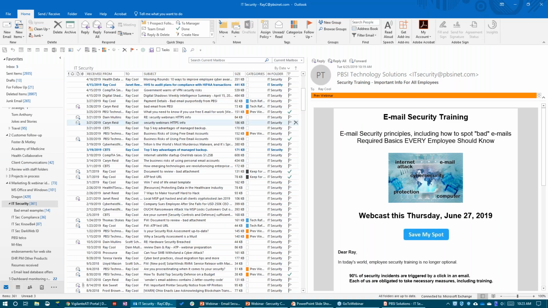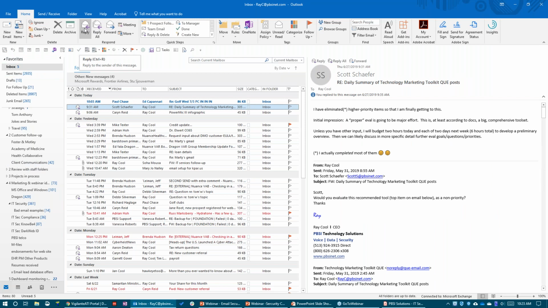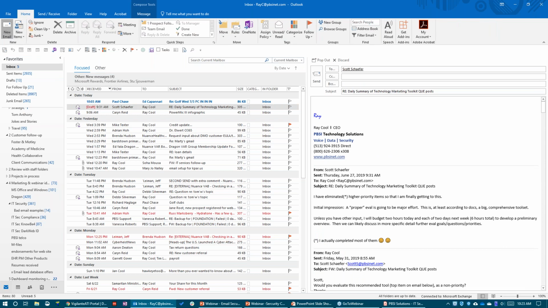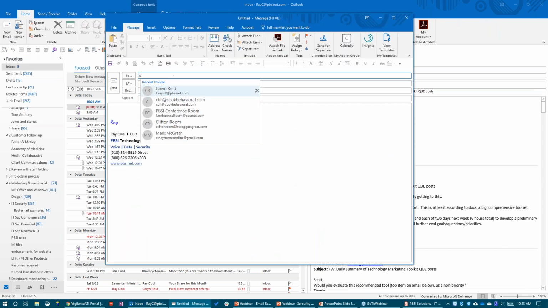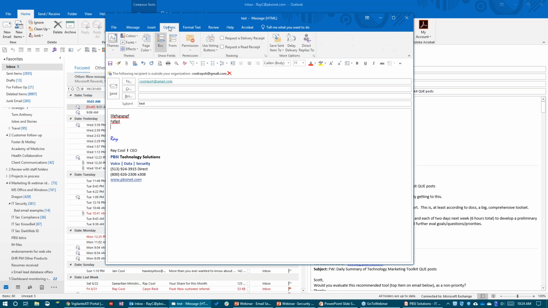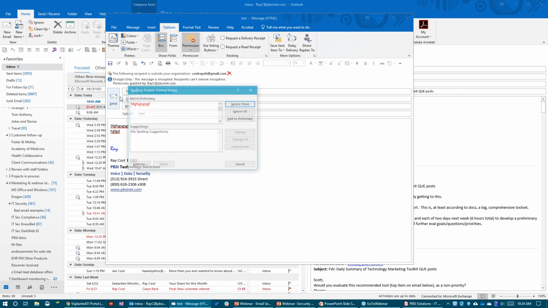So I'm going to now send an email. I'm going to demonstrate encryption. I'm going to send a new email, and I'll send it to my Gmail account at home. And so this could be sent to any person. Because I have the $2 a month Azure Information Protection, AIP, this may be protected information with social security numbers. Because I have this $2 a month option, I can say options, permissions, encrypt, send.